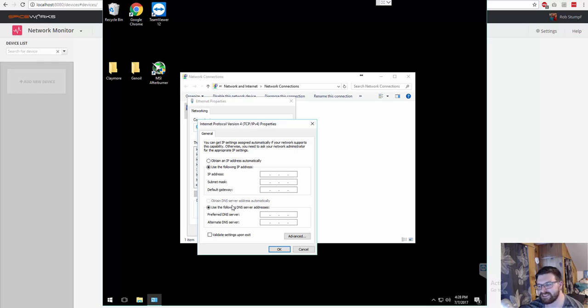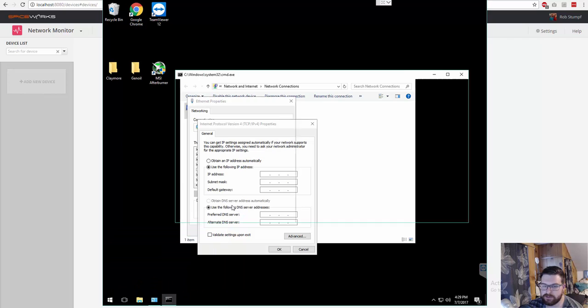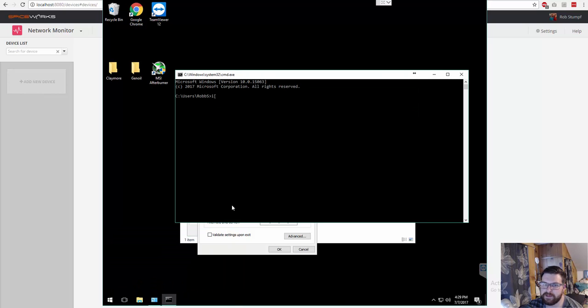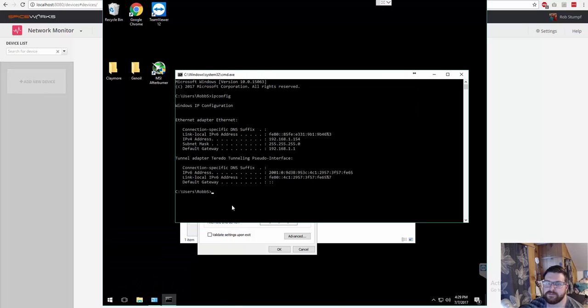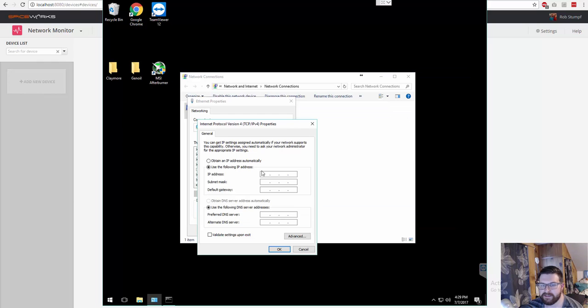If we already have something assigned and we want to make sure nothing else is going to take it, we need to find out what that IP address is. So go to Start Run, launch command prompt, type ipconfig, and you're going to look for this address, IPv4 address. So 192.168.1.154. So we're going to go back to here and we're going to set that address in the box,